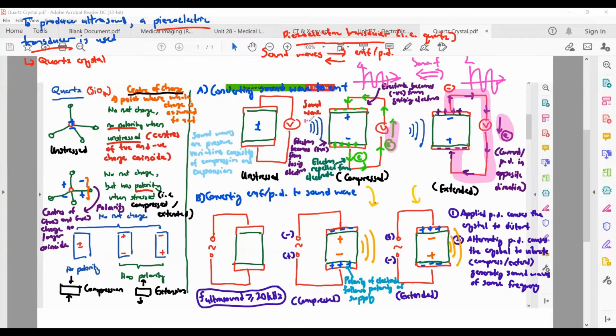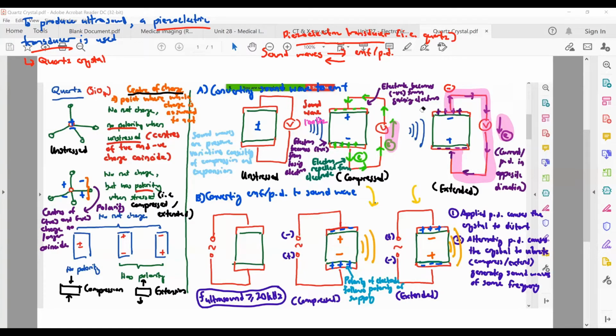If this one was say 100 hertz, the voltage that you produce would also be at 100 hertz. You're changing your sound wave to voltage variations of the same frequency. This is how sound wave is producing your EMF or your